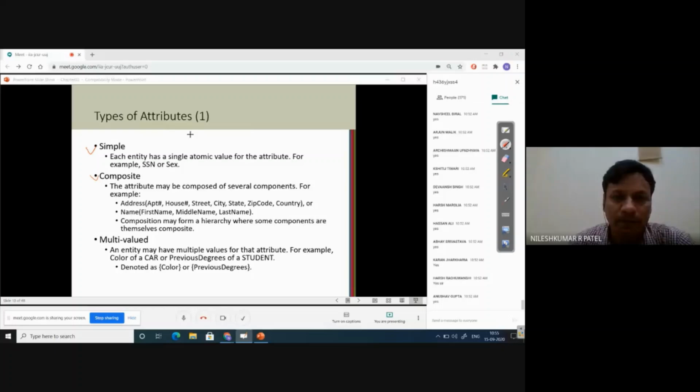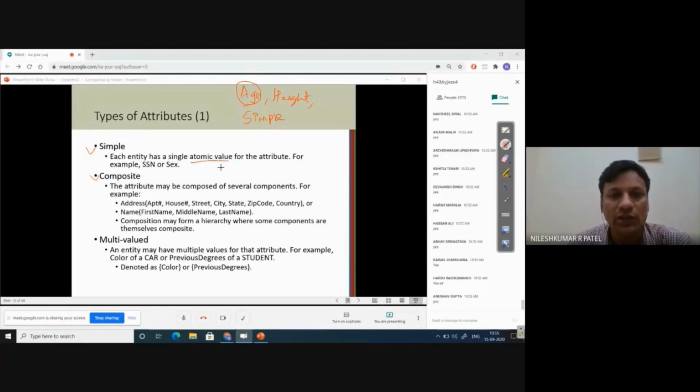For example, your age, your height, both of them are simple attributes. Why simple attributes? It is an atomic value. Your age is an atomic value.